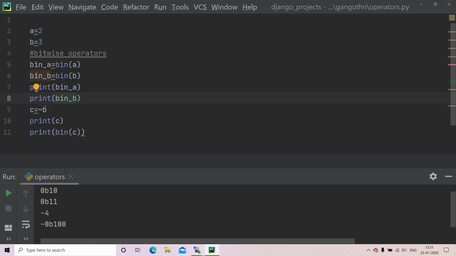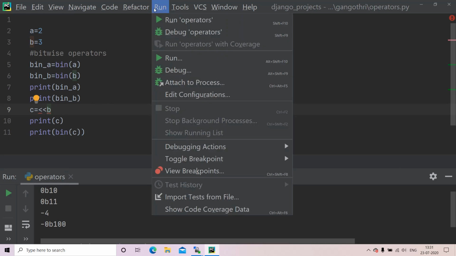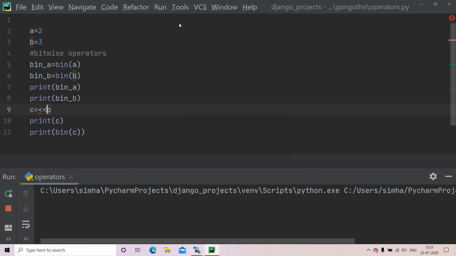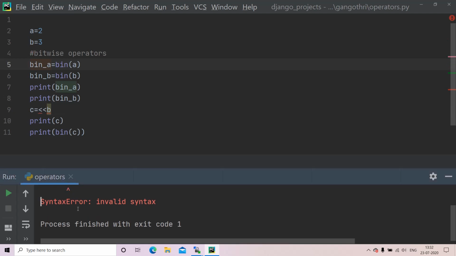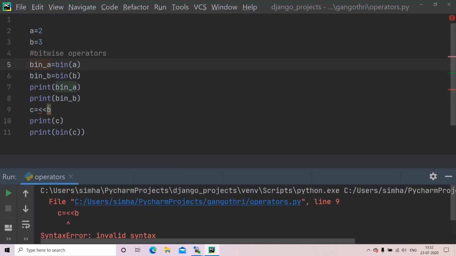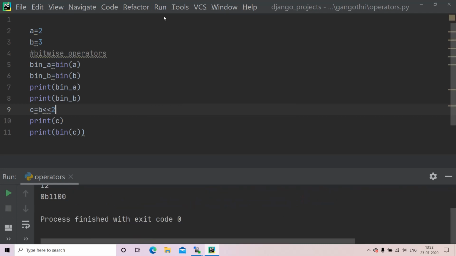Now I'll have right shift and left shift operators. I'll run my program again, run operators. Yeah, I have some syntax error here. Sorry. B with right shift 2. I'll run my program, run operators.